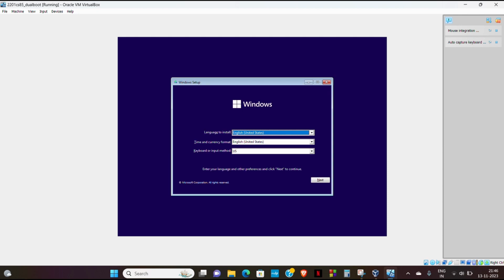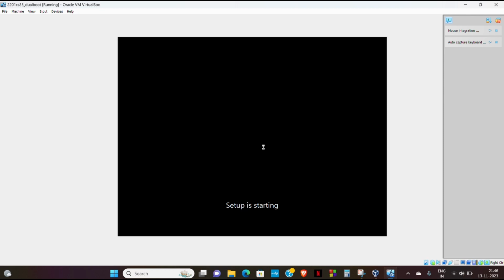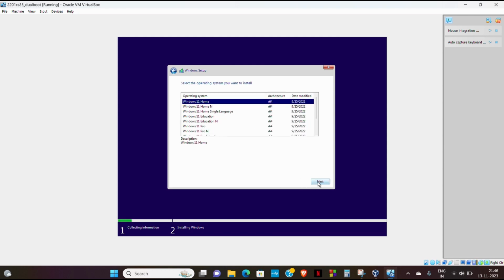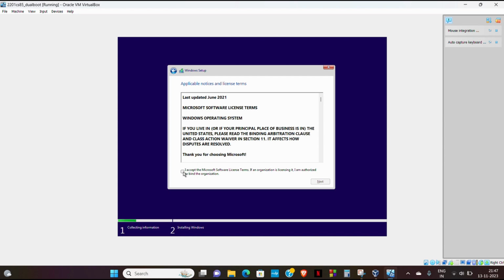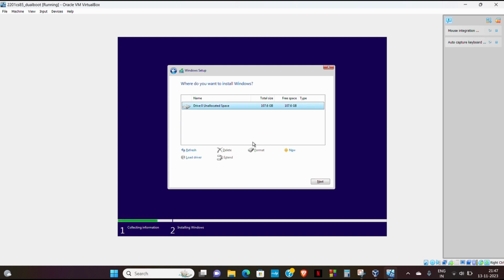Then you have to click on next, then install now, and then the setup will start. In this window you have to click on I don't have a product key and select the operating system that you want to install, which will be Windows 11 Pro, and then click on next. Accept the Microsoft software license terms, next, and then custom, and here you will allocate the storage for Windows and Ubuntu both,